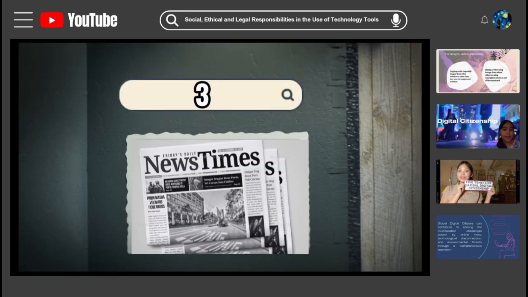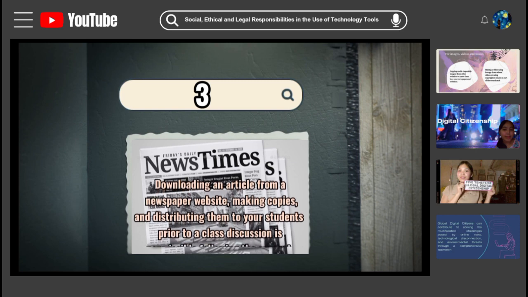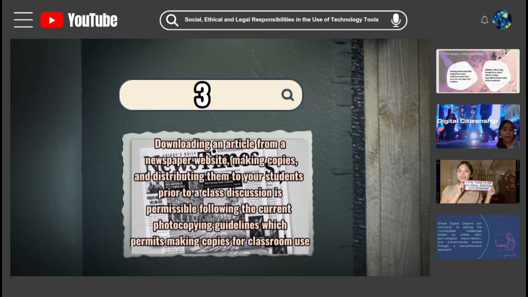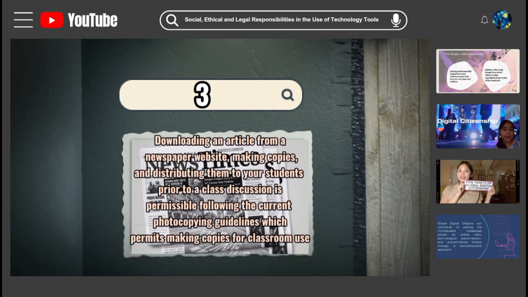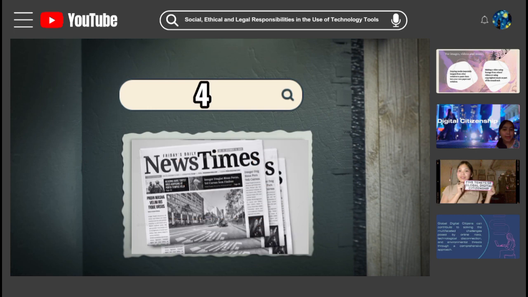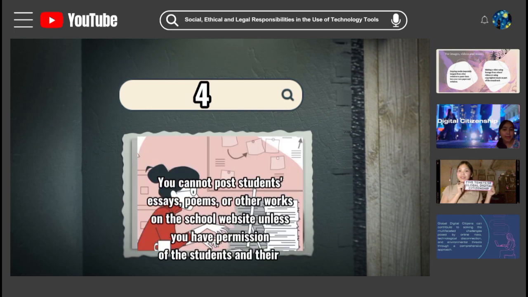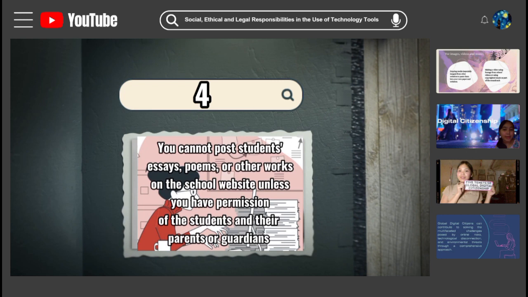Hence, it is recommended that you should not forward any email without permission, in consideration of both Copyright and Privacy Act. Third, downloading an article from a newspaper website, making copies and distributing them to your students prior to a class discussion on the topic is permissible following the current photocopying guidelines, which permit making multiple copies for classroom use. Fourth, you cannot post students' essays, poems, or other works on the school websites unless you have permission of the students and their parents or